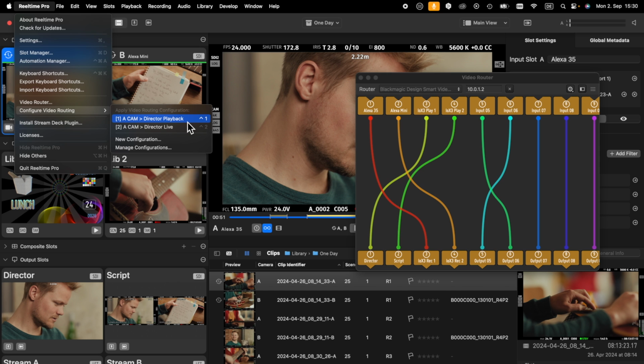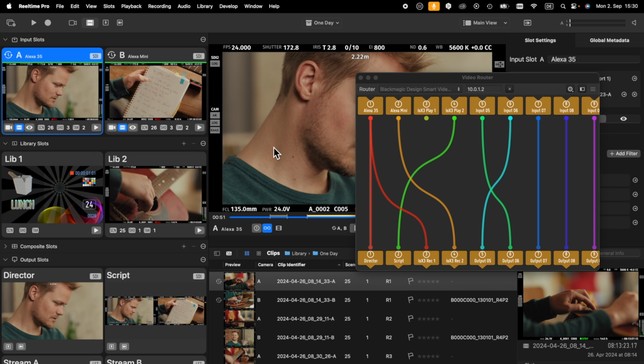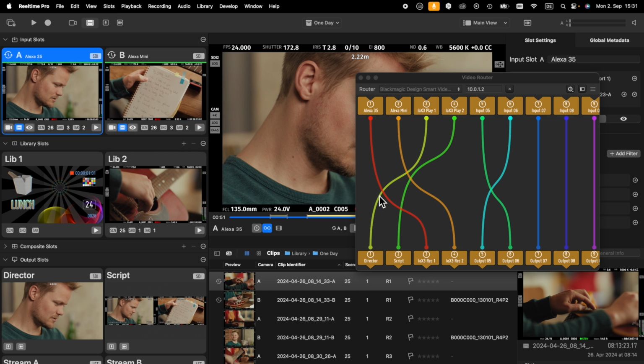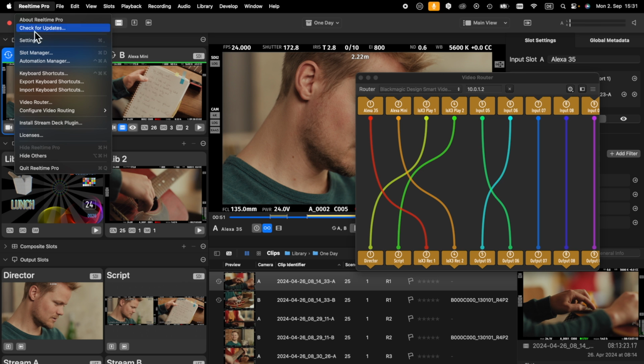The second configuration routes the direct live feed from the camera A to the director's monitor. By the way, we have a pretty good latency for showing a processed live signal on an SDI monitor. With this setup, we measured between 2 and 3 frames only. However, the director might want to see the live signal with absolutely no latency to keep the live dialogue of the actors on stage in sync with the image.